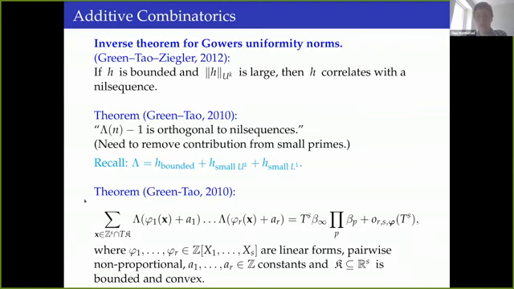If you look at this last result here, this is not entirely a result about primes. There's only part of the result that is about primes, and this is what is written in the middle of the slide here. We use that the von Mangoldt function minus 1 is orthogonal to nilsequences, and we use that there is some transference principle available. The rest of how this proof goes is something that is about a more general setting, and this opens up the possibility of investigating such expressions for more general arithmetic functions replacing the von Mangoldt function. And there I want to continue now.